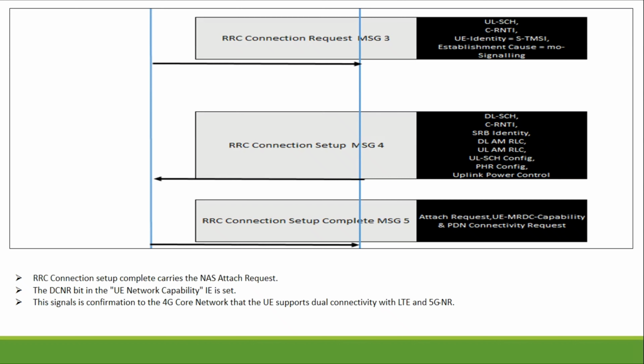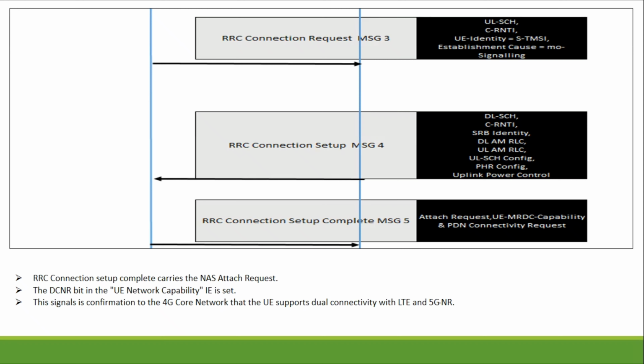In this, the information going from the UE to the master node is, as you can see, on the uplink side, the C-RNTI, the UE identity, and the establishment cause. There are a lot of establishment causes. It can be emergency, high priority access, MT access, MO signaling. So the establishment cause carries this information. Here MO signaling will go, and the master nodeB then responds with message 4, that is